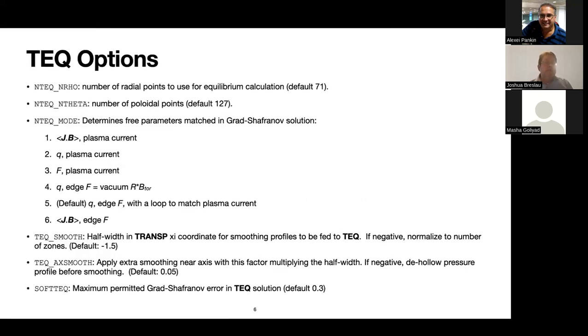So some of the options, if you're using the TEQ solver, you can set the number of radial points and number of poloidal points with NTEQ_rho and NTEQ_theta to set the resolution of the calculation, and given the default values of those here. Then the mode for TEQ is set by NTEQ_mode, which determines the free parameters that are matched in